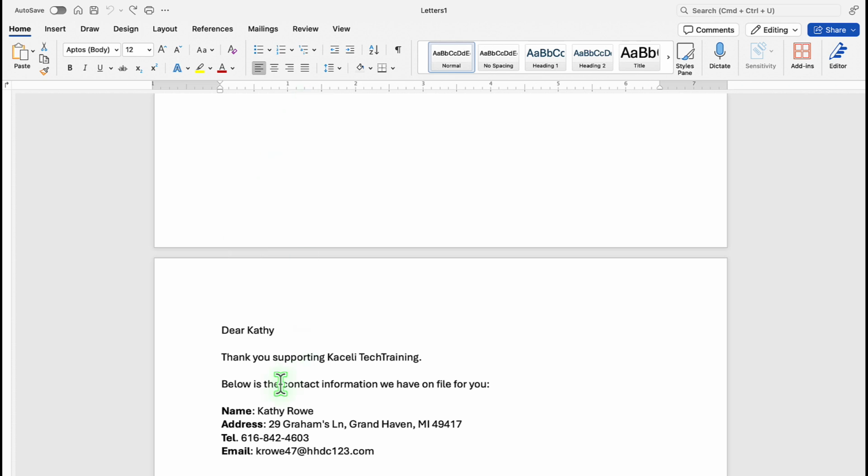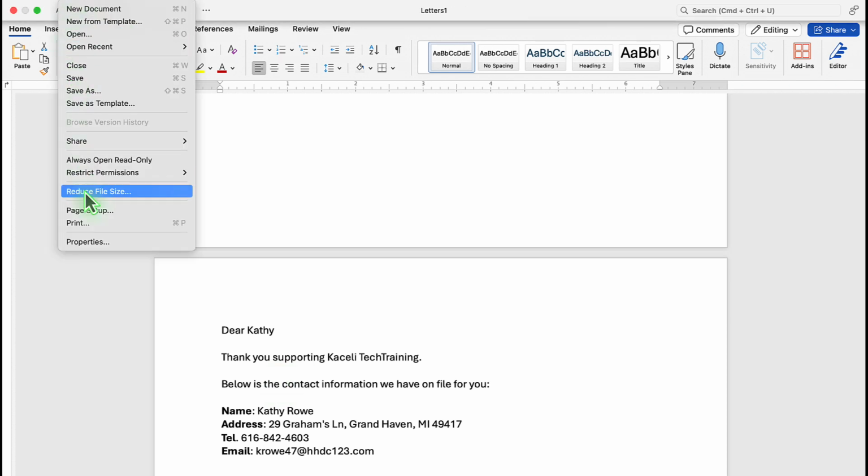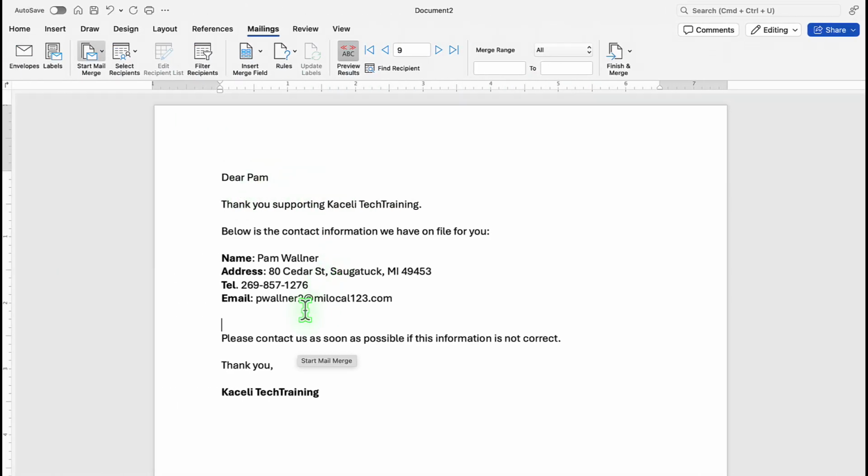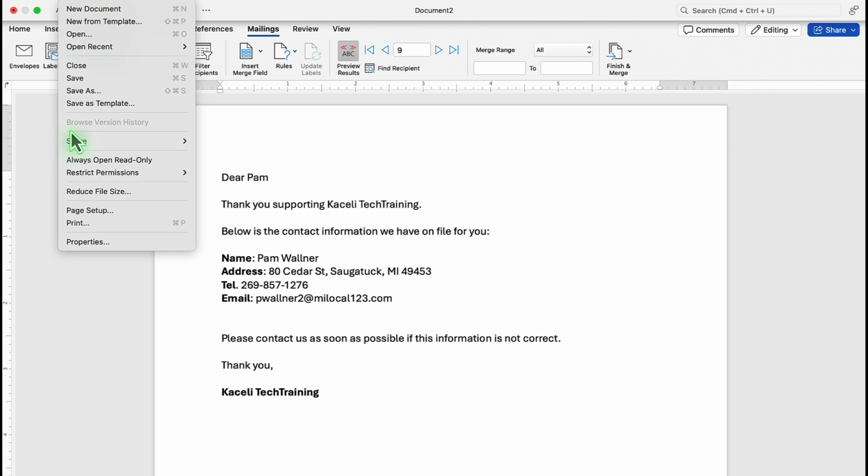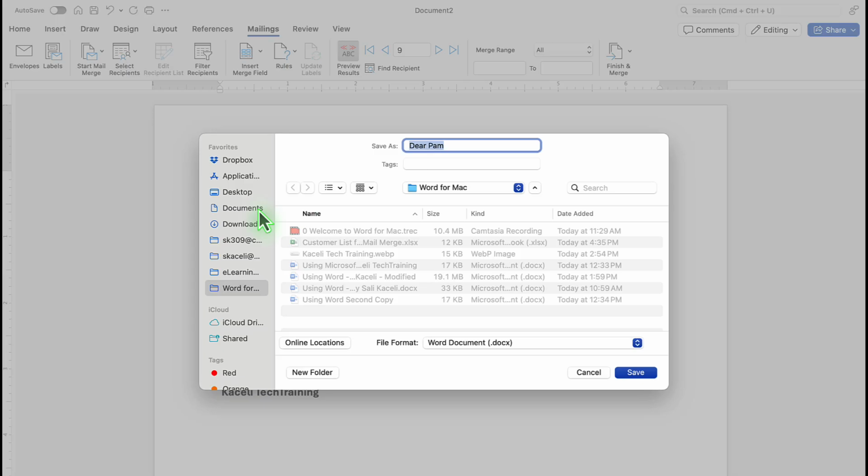Typically, unless you want this for documentation purposes, there is no need to save the merged results document. So technically, after you print it, you could close it and not save it. However, the form, you want to save it because once you open it in the future and you add a new record, you can always rerun it without having to do all the linking of this form to the data and the fields. So in this case, I'll say